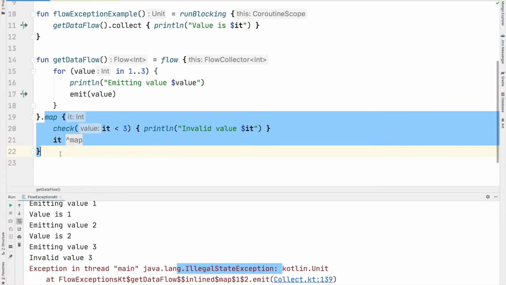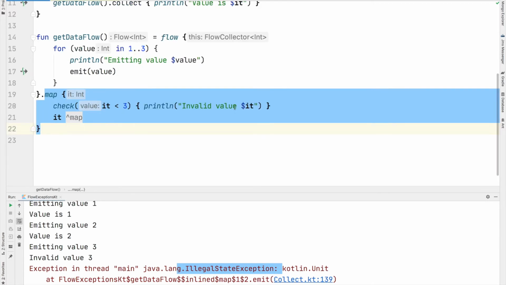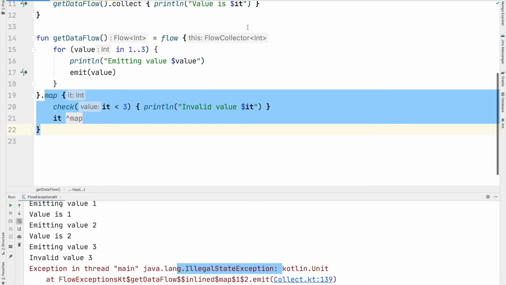But let's say this block of code is doing some network call to fetch some data from some remote API, then there is a possibility that you will get some expected failure if anything goes wrong with the network call. For example, you might get an internal server error or some 400 series error. So how to handle such exceptions? For that we can simply use the try-catch construct provided by Kotlin.